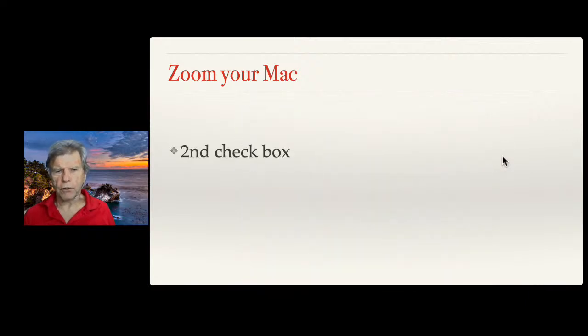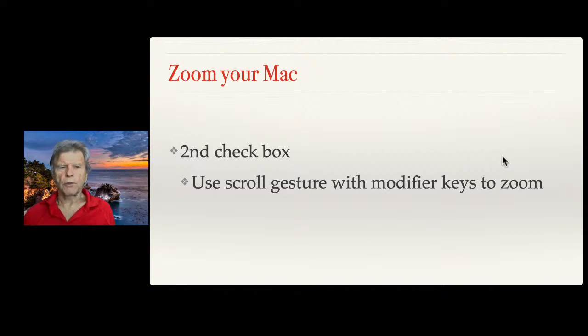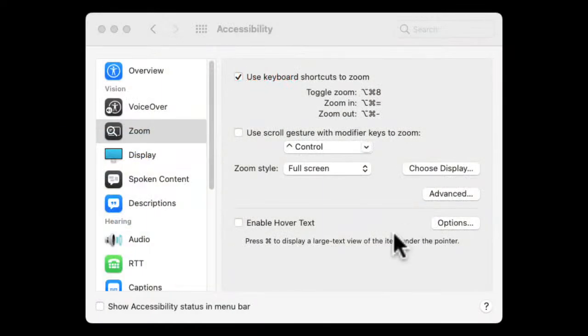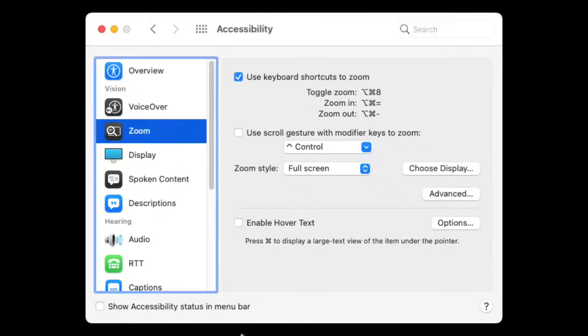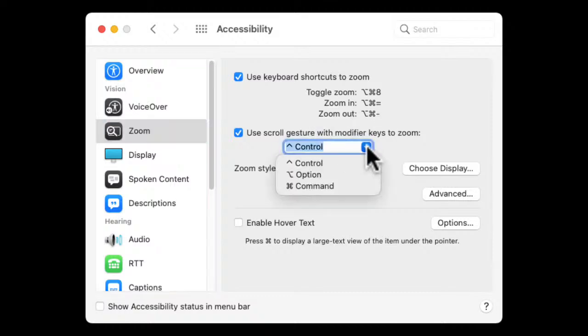So now there's a second checkbox, which is use scroll gesture with modifier keys to zoom. So let's take a look at that. So here it is right here, this little checkbox right there. You click on that, and the default modifier key is the control key. And you can choose option or command. So now, if I hold down the control key, and wherever I put my mouse cursor, my arrow,